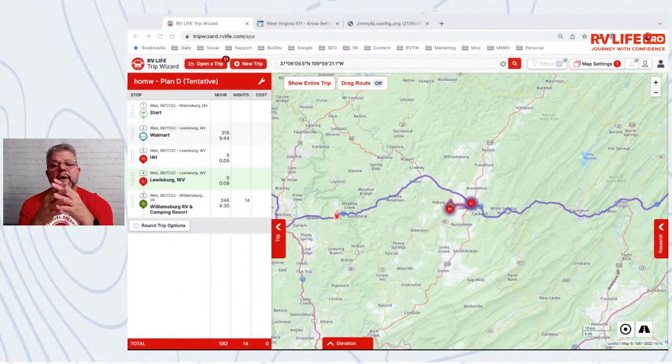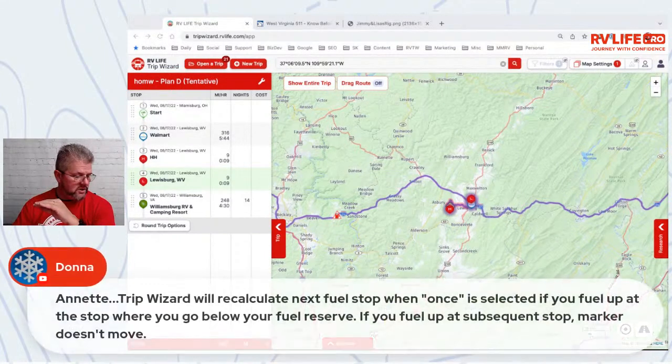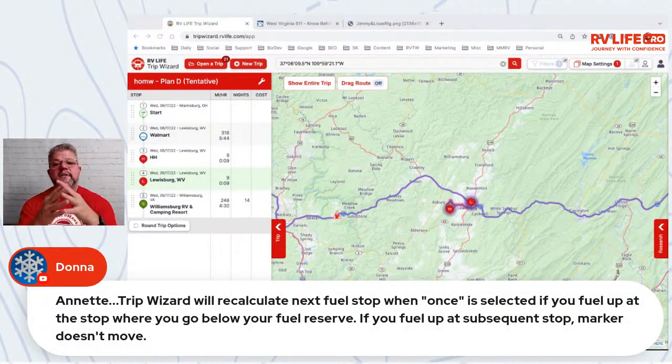I'll leave Donna's answer up here, so let's speak to that for just a moment. When we plan a big trip, we've shown where you can show the fuel stops, you can fill up, you can plan, you can know exactly where you're going to get fuel, right? I think what the conversation is leading to is